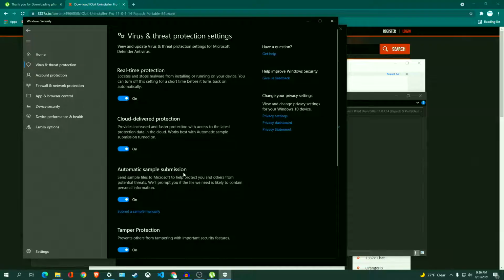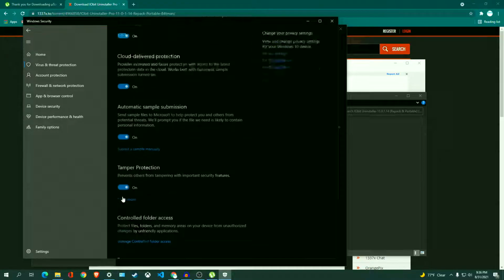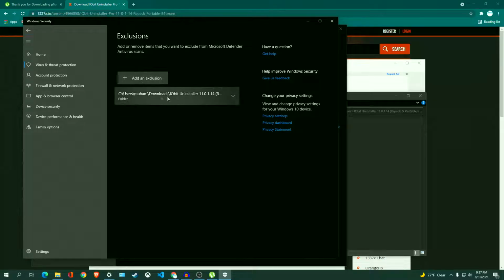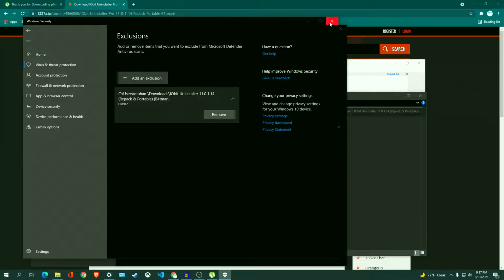Go down to the bottom to exclusions, click add, and then right here you can see I already have that folder linked. So you want to go to add and then go to folder, and then what you're going to do is go to the location of your folder, and then once you have that, you can close this out,